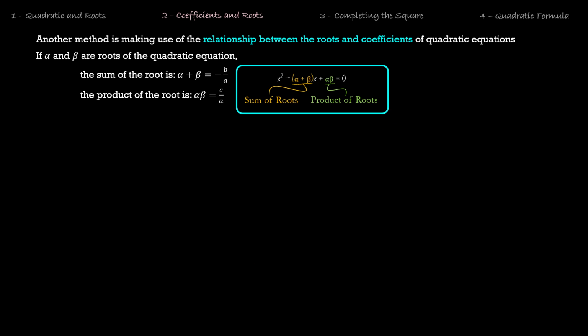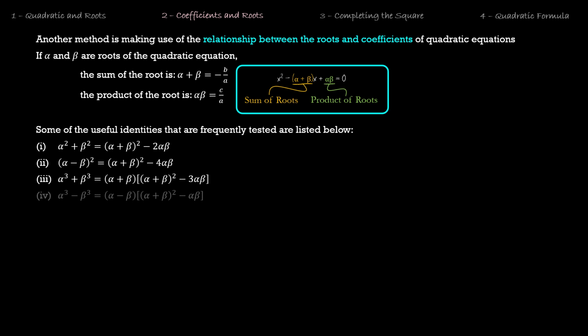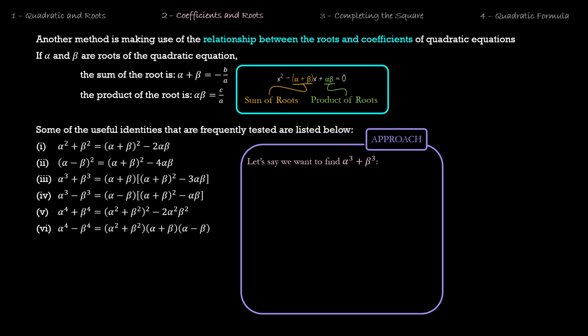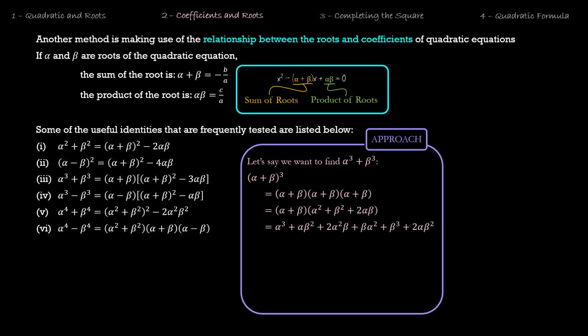In school, you may encounter some of these expressions which can be easily rewritten using the identities. However, some students may not be able to remember these identities, and as such, here is an approach which you may want to consider. Let us say that you want to find the sum of alpha cubed and beta cubed. Looking at it, there seems to be some connection with alpha plus beta, the whole thing cubed. So, we can expand out this expression as shown, and then simplify, and we will be able to see that